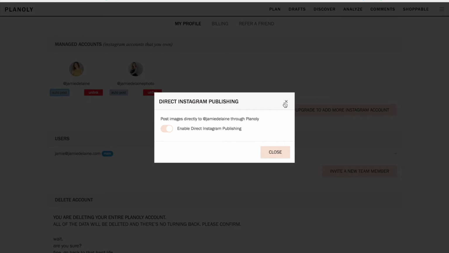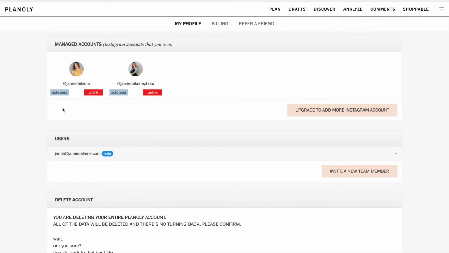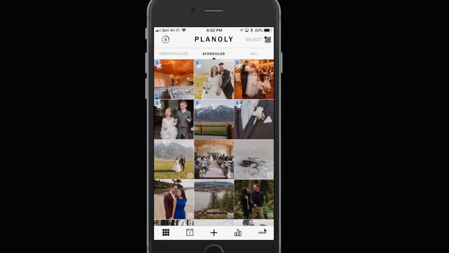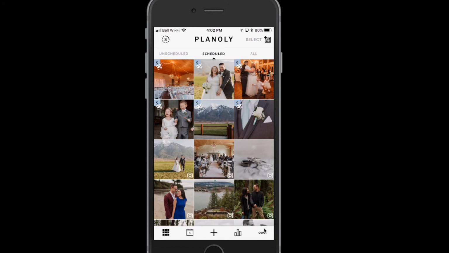It'll ask you to likely log in with Facebook to give permission to publish to Instagram. So you're going to authenticate that, hit close, and now you'll be able to auto post. If you have multiple accounts, you'll want to do it for both accounts right here. Now you do need to set up the ability to auto post on the desktop. You cannot do this from the iPhone app, but once you've set up the ability to auto post, you can